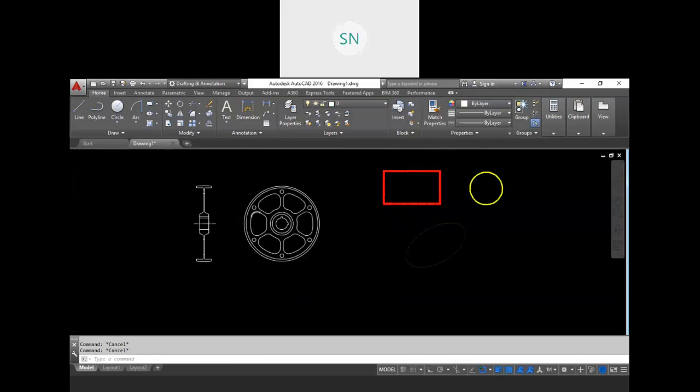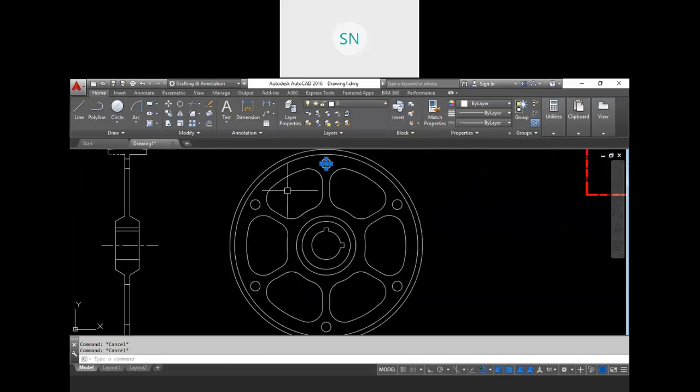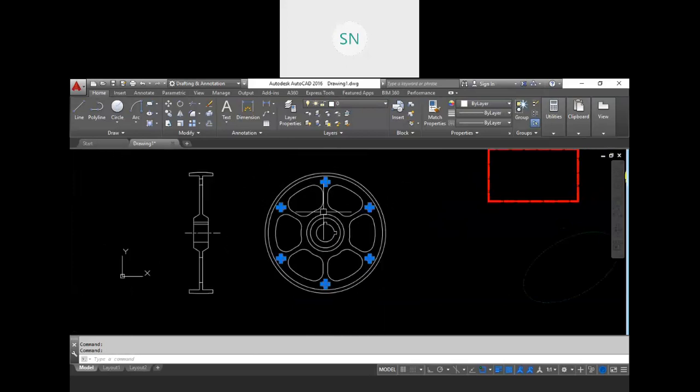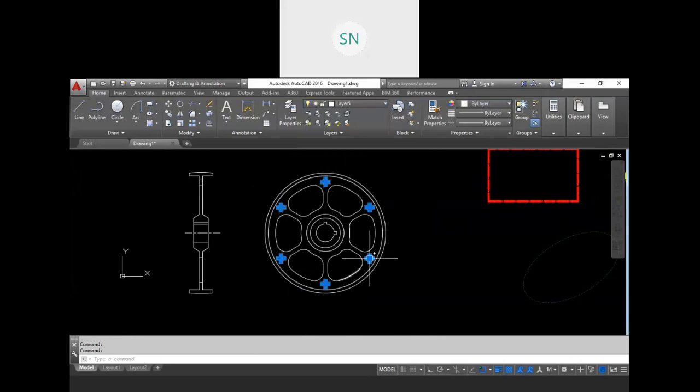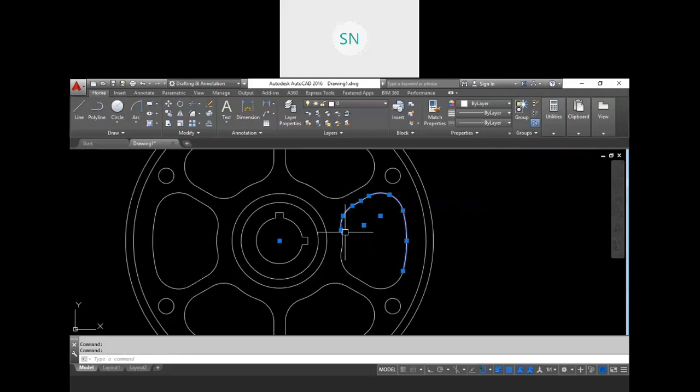On this drawing, for example, I want to assign a layer to all these circles, and let's say it's layer 5. So now these circles are in layer 5. Similarly, I want to assign one layer to these geometries, these cutouts we have.